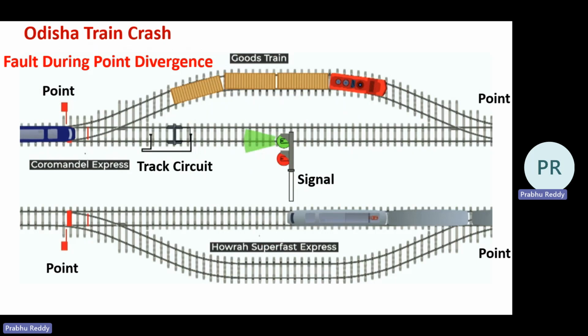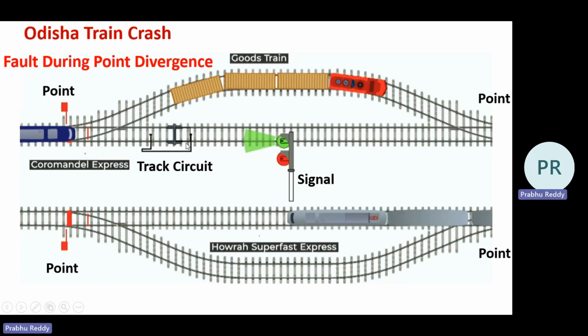Now we will see what exactly happened on the day the Odisha train crash happened, and where exactly the fault occurred. As per the investigation report, our railway minister stated that there was an issue with the point section. Initially there was a green signal for the straight line, or main line. A green signal means